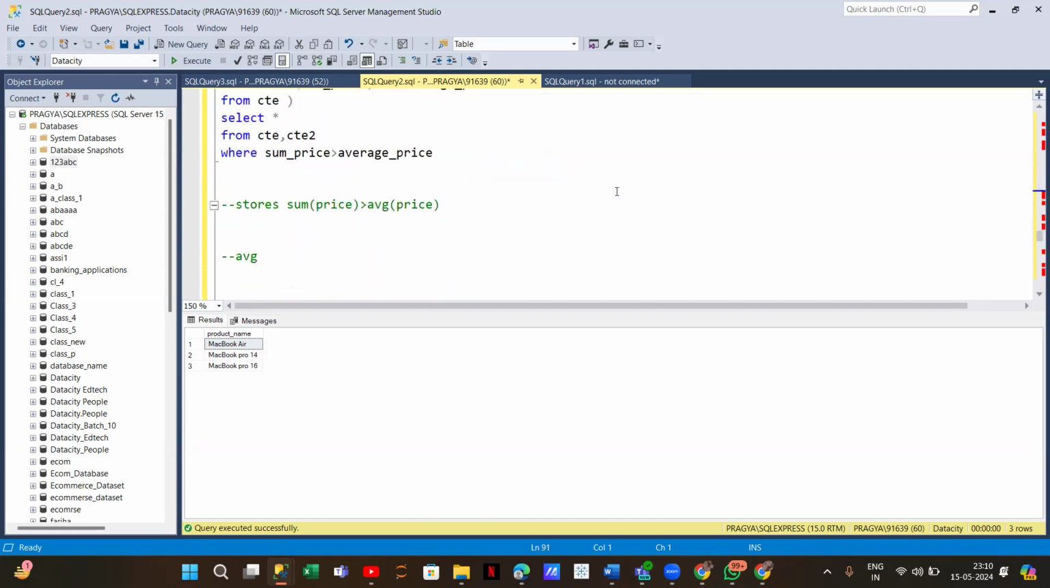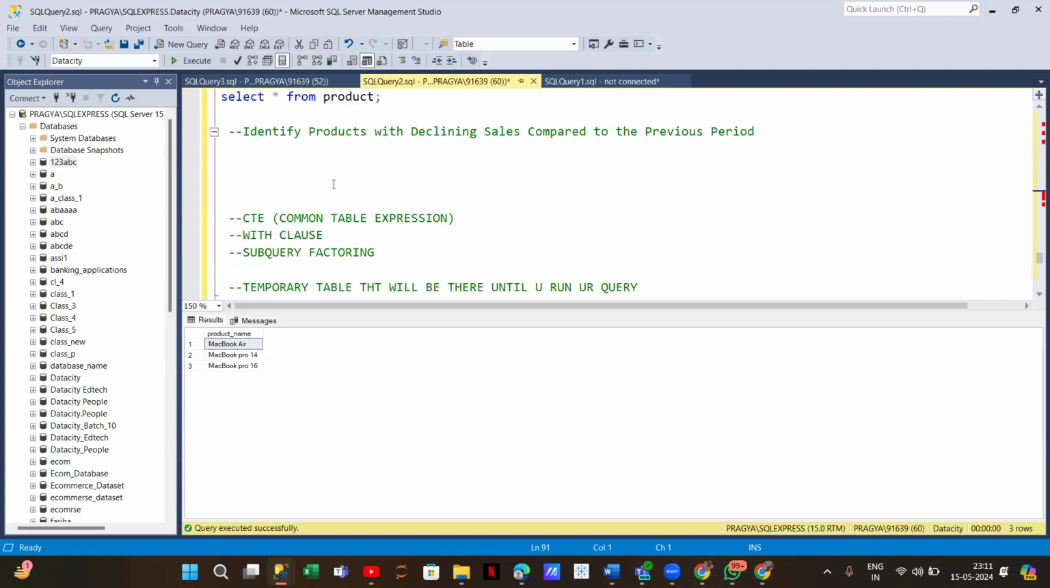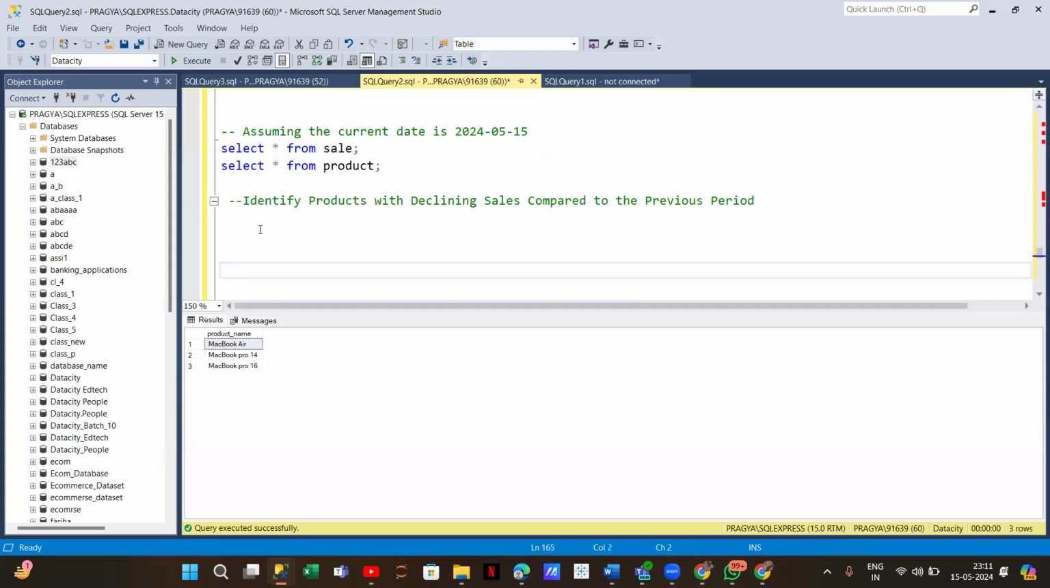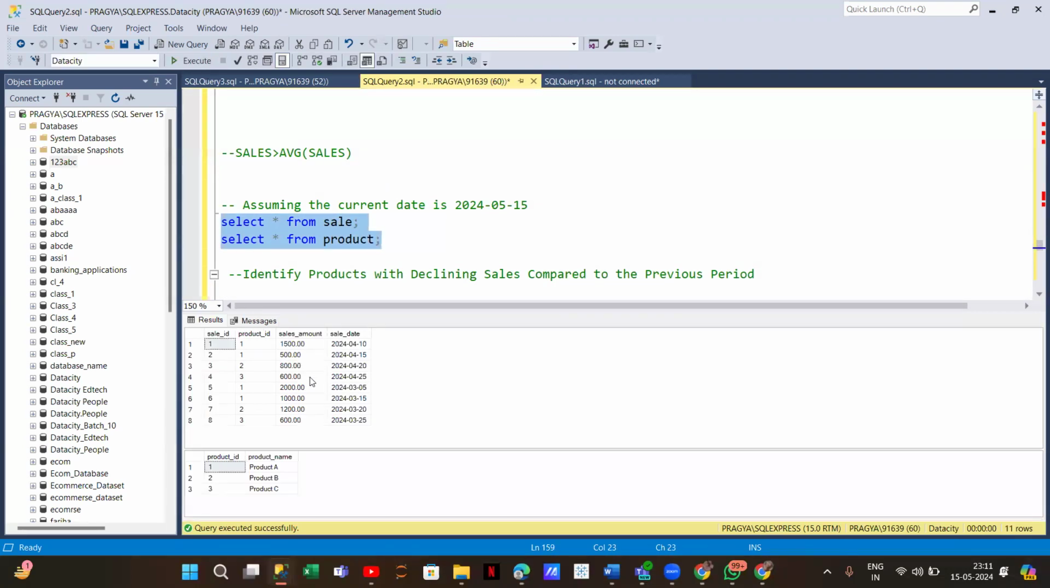So let's talk about one, a little bit advanced question. So here it is. I have a sale table and I have a product table. I will run this. Here you can see that I have sale ID, product ID, sales amount, and sale date. Correct? And in my product table, I have product ID and the product name. So assume that today is this date, which is